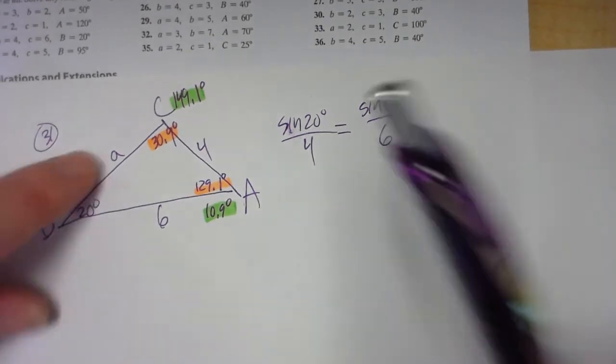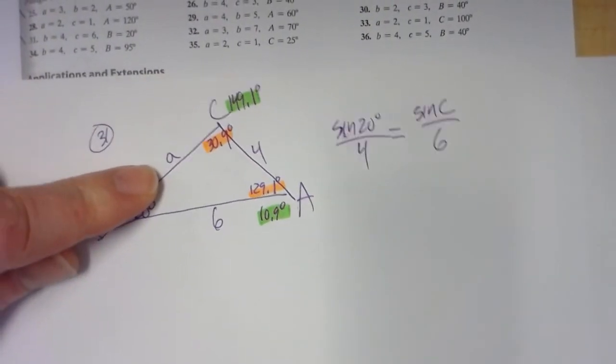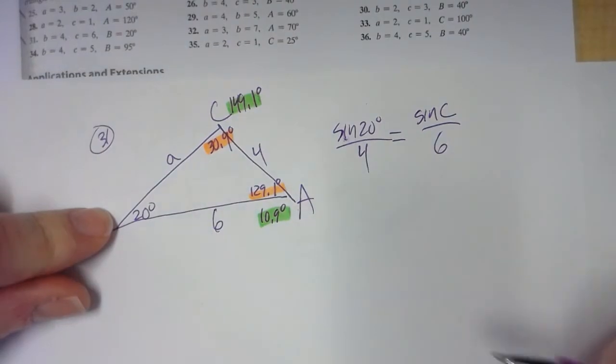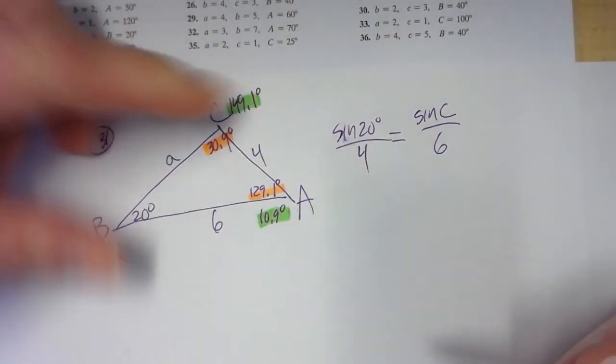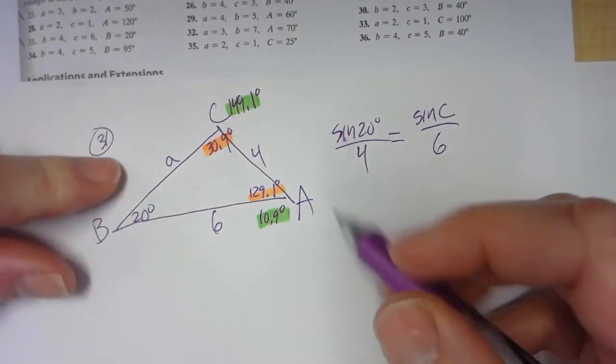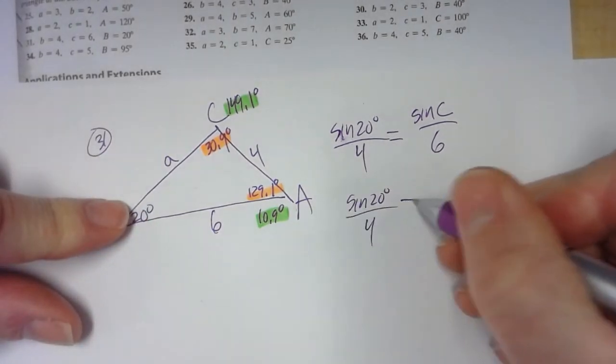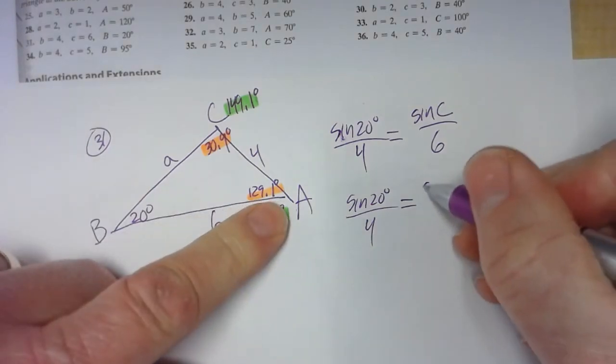Okay, so now we have to do A twice. We have to solve for A twice because it could be two different lengths. It could be a shorter length or a longer length, depending upon if it's the little angle or the big angle. So I'm going to use sine 20 degrees over 4, because that's the good one, and then I'll do sine of